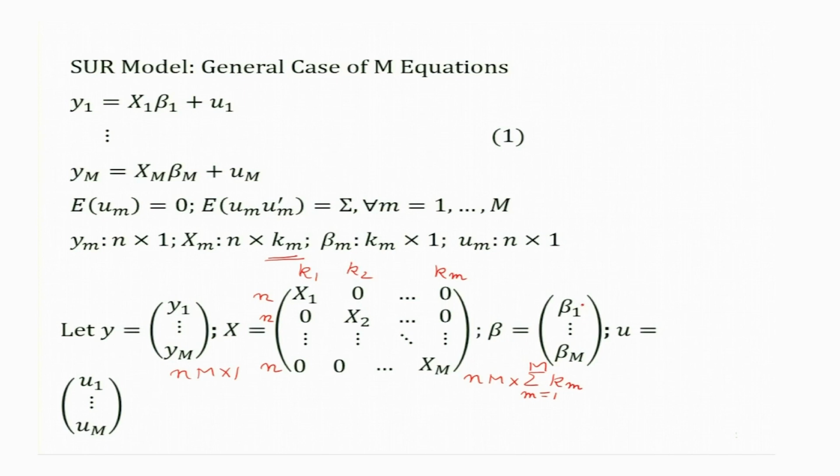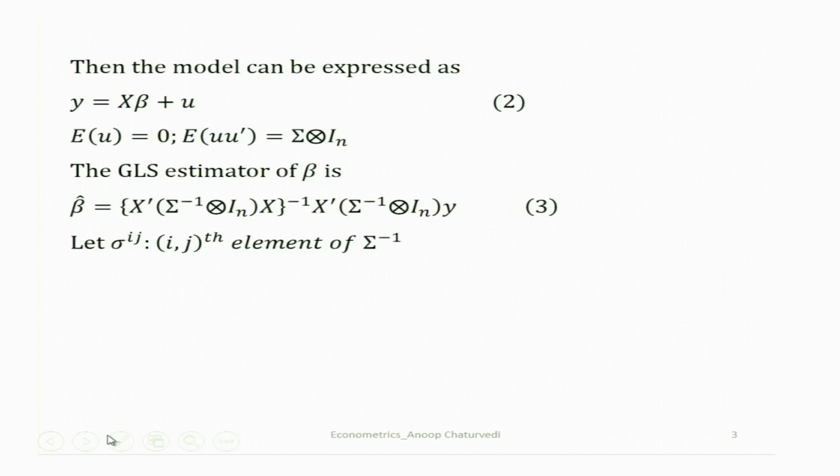Beta is beta 1, beta 2, so on beta capital M, and u is equal to u 1, u 2, so on u m. Then we can write all the capital M equations jointly as y equal to x beta plus u. Again, expected value of u is 0, expected value of u u transpose is equal to,